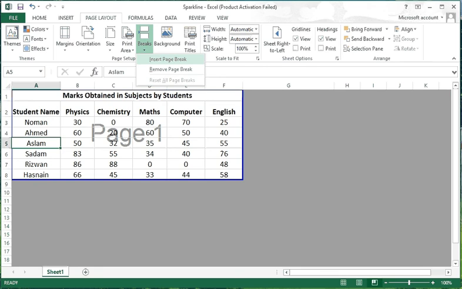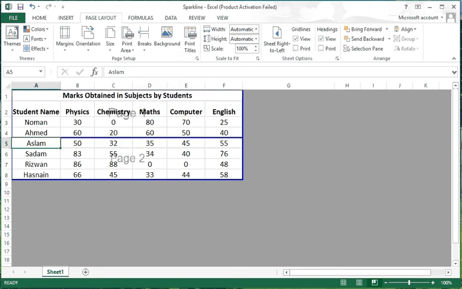When I click this, now I have 2 pages, page number 1 and page number 2, in front of us on the screen. So page number 1 has 2 names and page number 2 has 4 names. This is a page break. You can break horizontally or vertically.